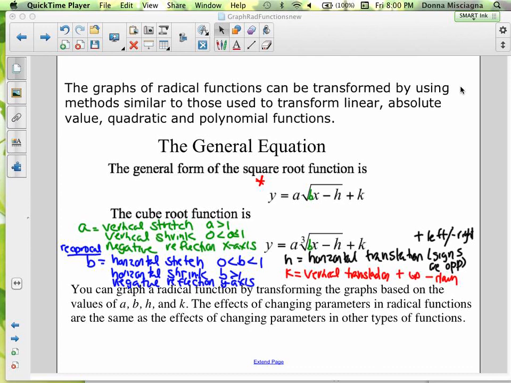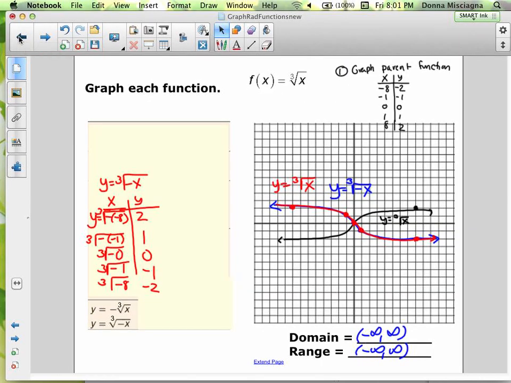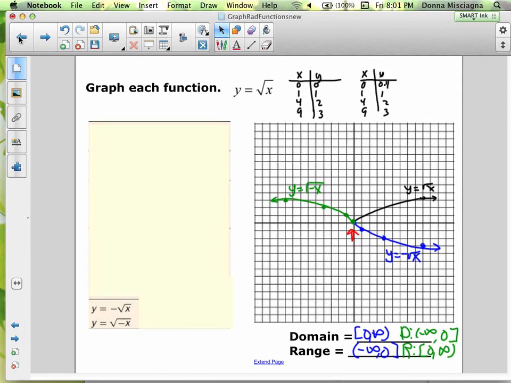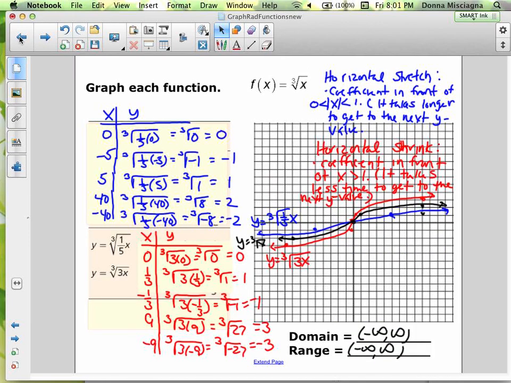So b affects us horizontally. And it's actually a little counterintuitive. I don't know if you noticed that. So when we were back here doing the horizontal stretches and shrinks, notice that a smaller value stretched it. For this particular graph, and the square root one as well, our horizontal stretch